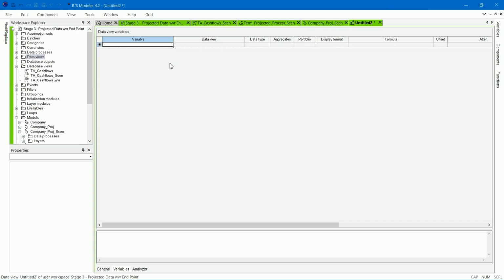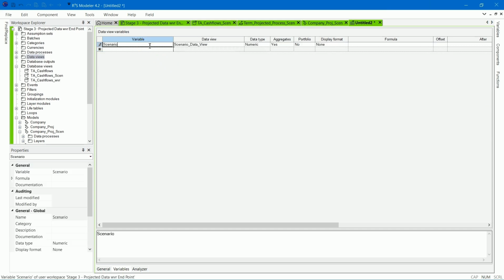Add a variable called scenario number. In the formula property, enter range open bracket 1, 10, 1 close bracket. Click Save. This gives 10 scenario numbers and completes the data view for the stochastic process.